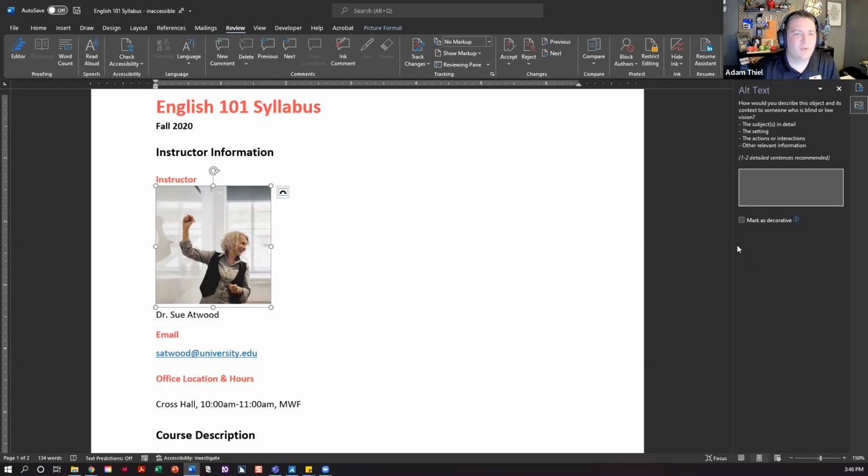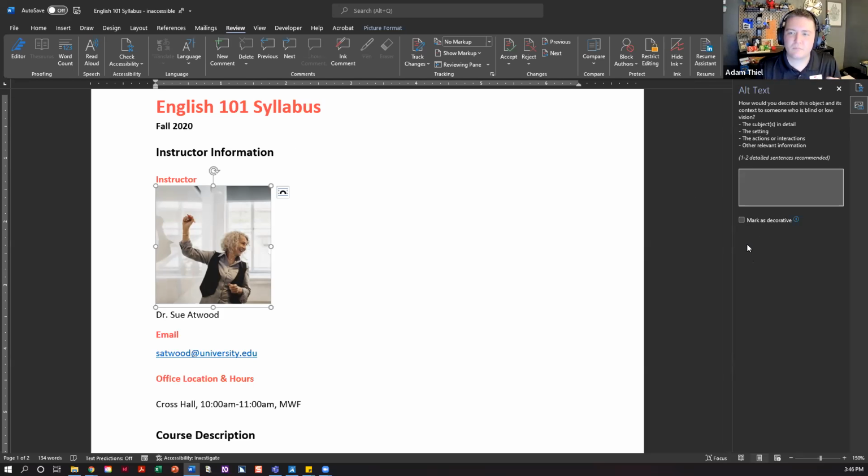For instance, if I had a border going around this document, technically it's an image, but it doesn't really have any meaning behind it. It's purely decorative. And so you could select that and then check that box to mark it as decorative.